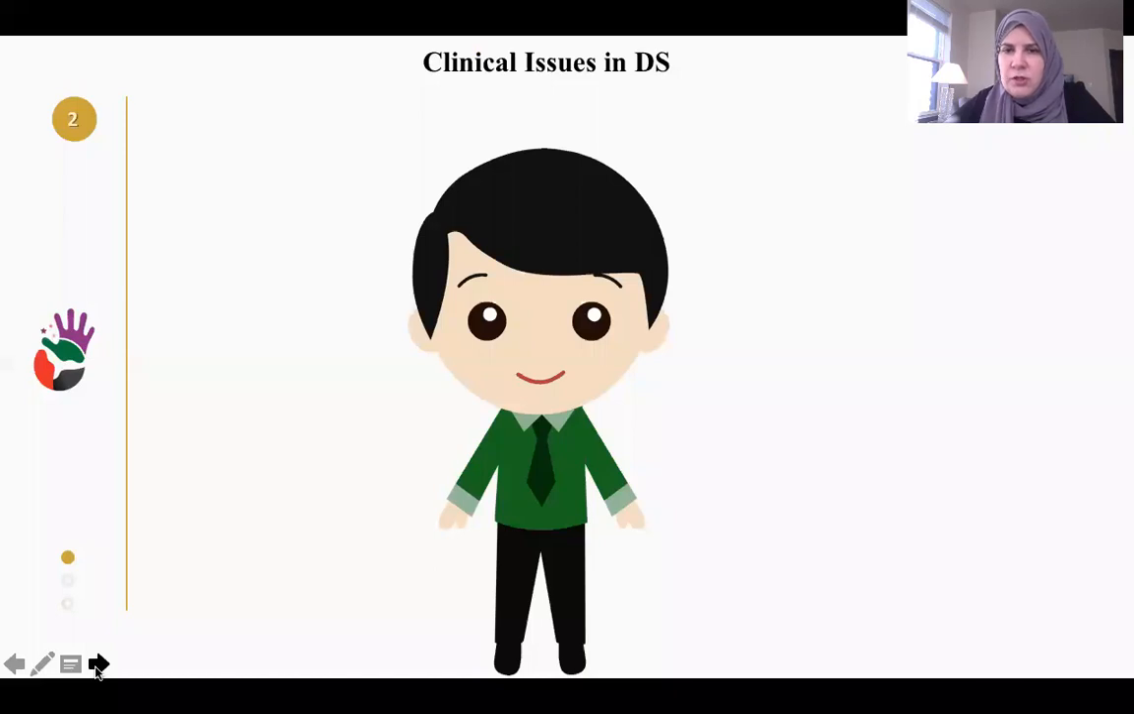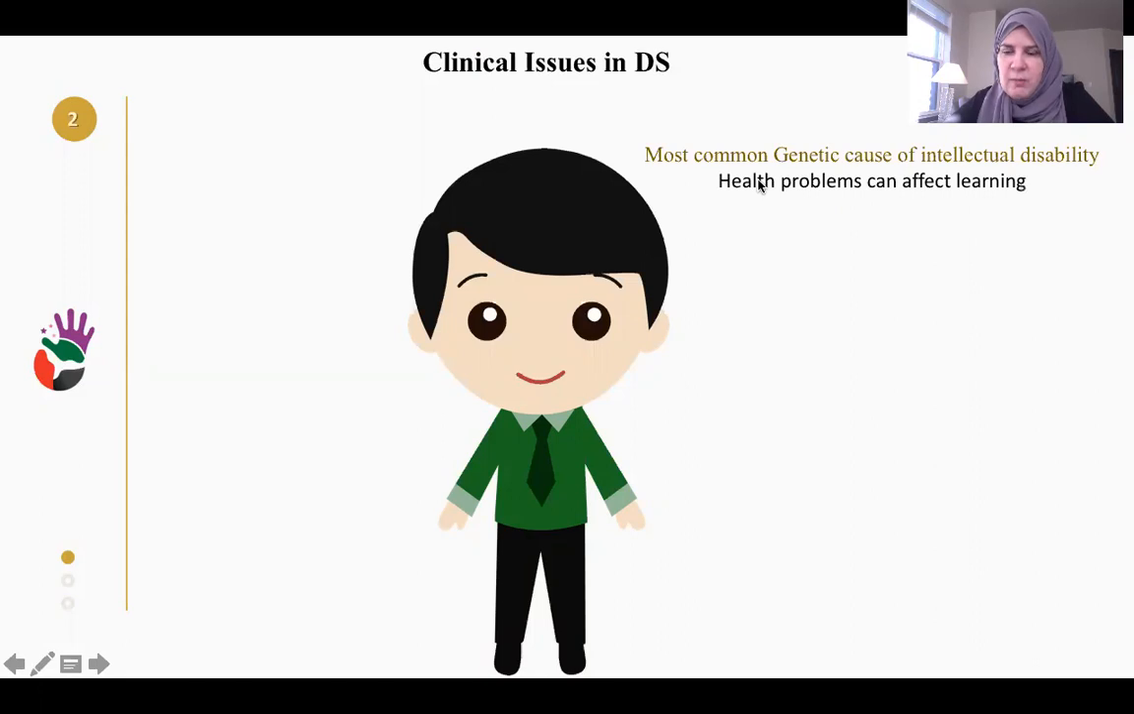So, the clinical issues in Down syndrome. First of all, it's the most common genetic cause of intellectual disability. Now, this may or may not be a clinical problem in itself, but it's important to know that health problems can affect learning. And the more you control the health issues, the more likely the child is to have a chance